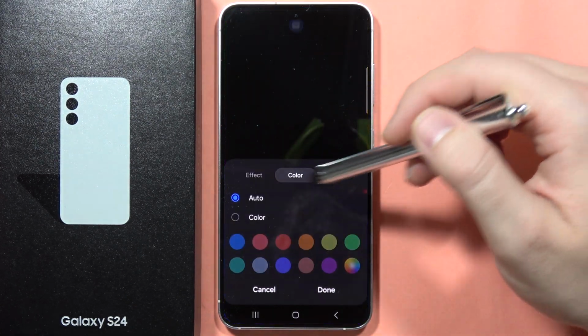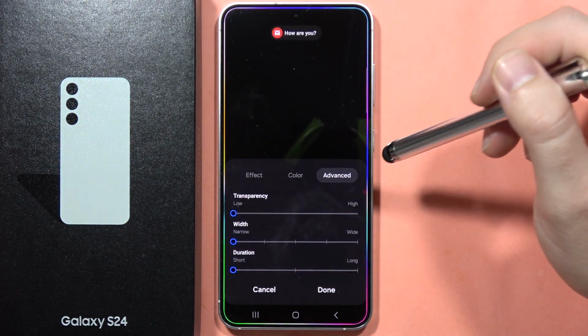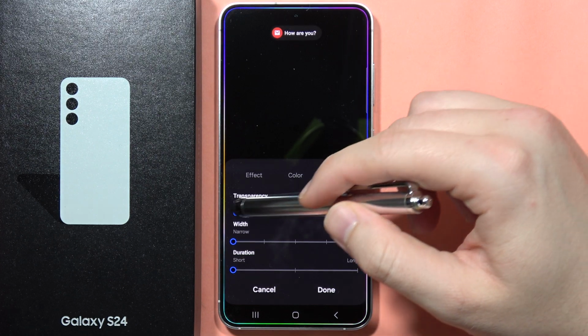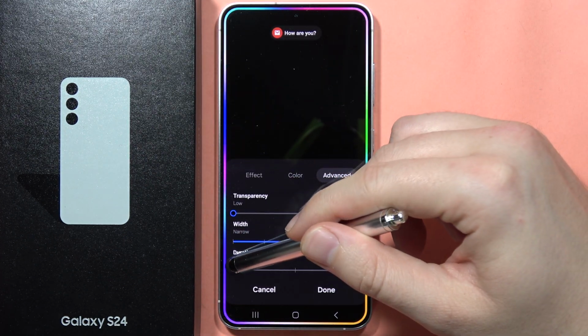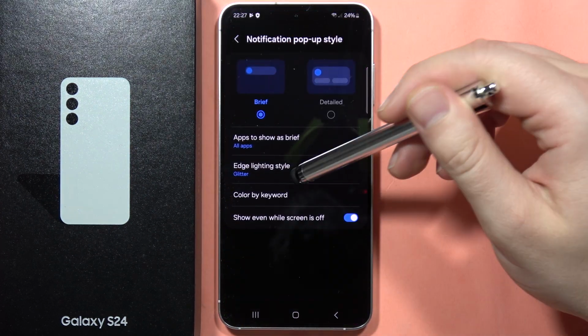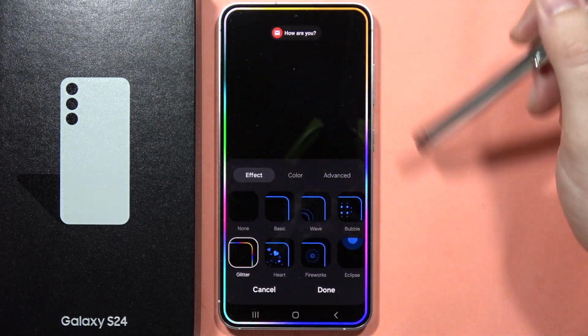When you click on the color, for sure you can get automatic or pick your favorite, and you can go into the more advanced settings like the transparency of this effect, the width, and duration. Then you can click done, and that's actually the preview of how your notification screen will look when you receive